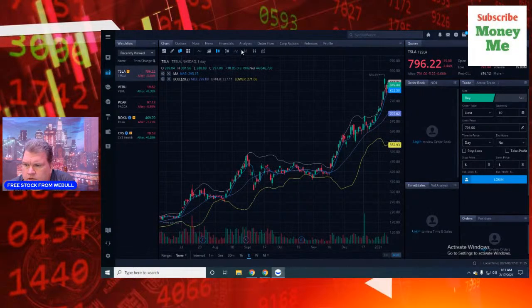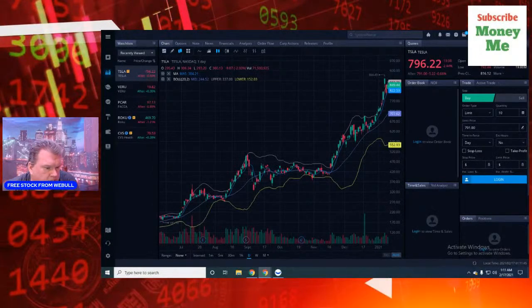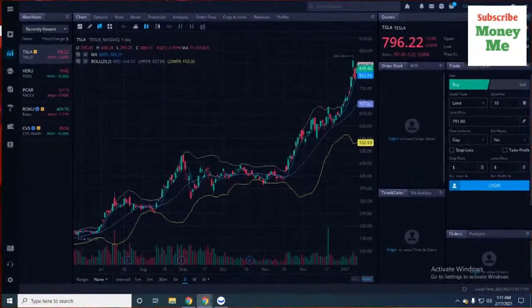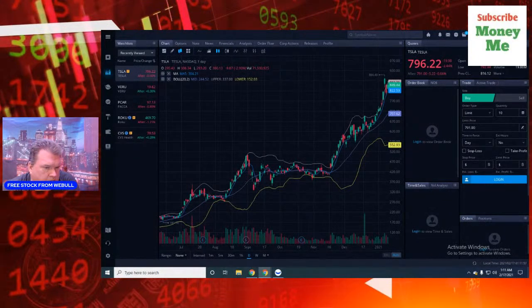What I want to do is learn how to use all these tools on here. And what I like with using Webull is there's no advertisements in the background popping up, and it has a nice clean-cut look. Now I wish I could make this big and have me a little bit down in the corner, so that you could still see the big screen. I've seen other people do that, but they're not using StreamYard. They're using some OBS,